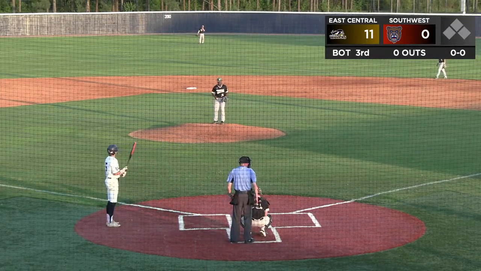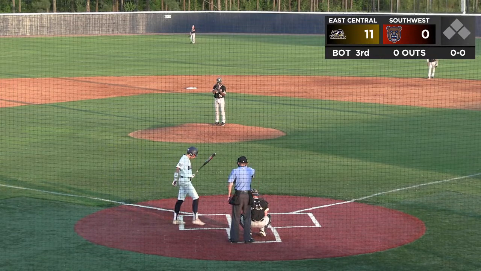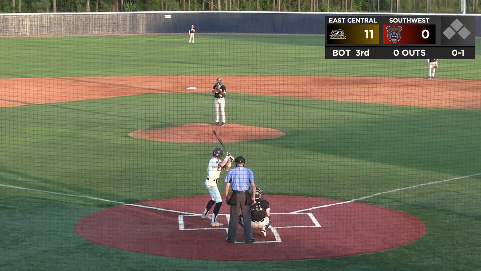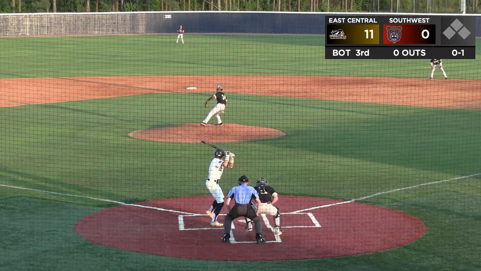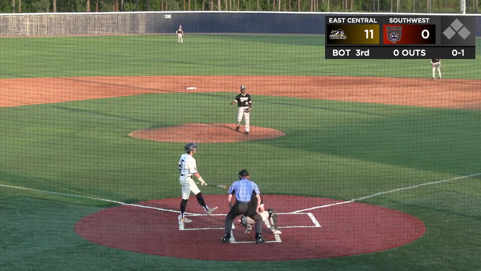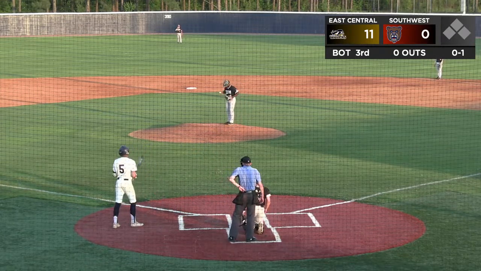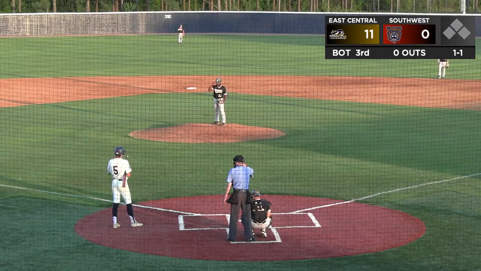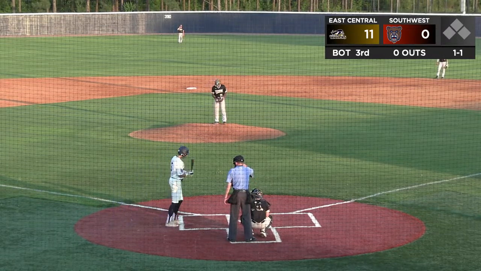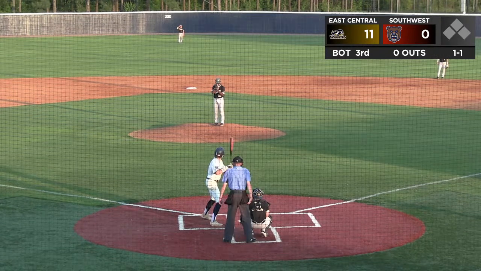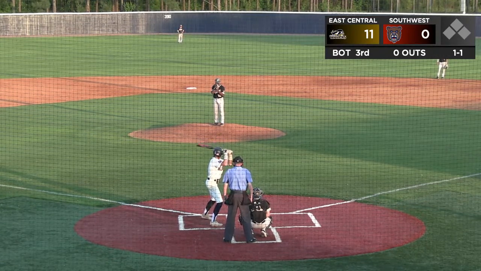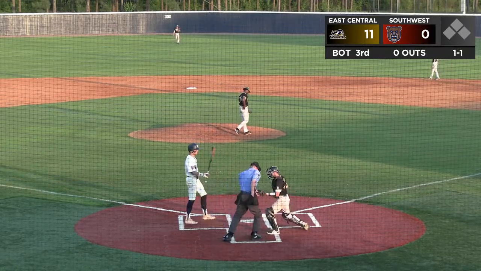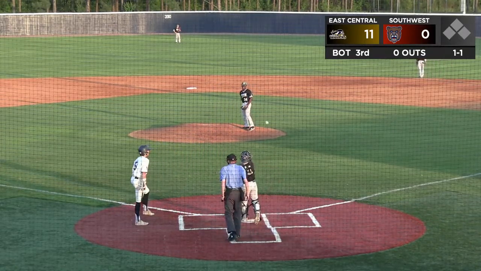Braxton Cooksey will lead things off. He will foul the first pitch he sees away. No balls, a strike, and the 0-1 pitch to him. The 0-1 takes it for a ball, and it's even to Cooksey now at a ball and a strike. One ball, 1 strike for Cooksey, and the 1-1 pitch misses for ball 2. And it will go to